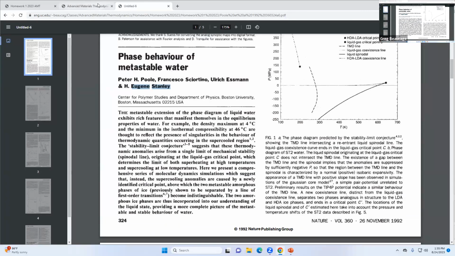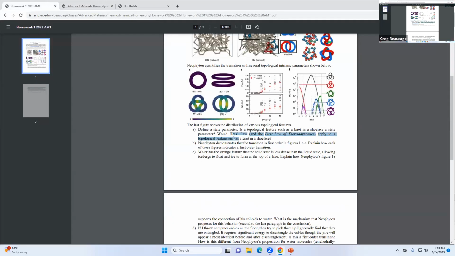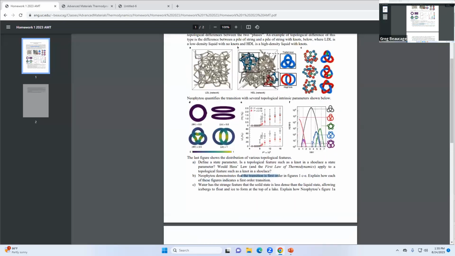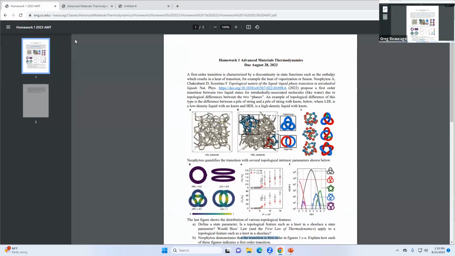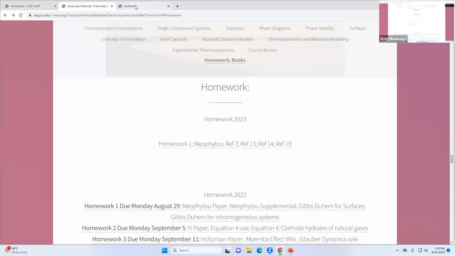But anyway, let me go back to him. I'll go back to this question: demonstrates transition is first order. So he demonstrates that it's first order by his calculations. This is just defining what a first order transition is. In other words, he shows that